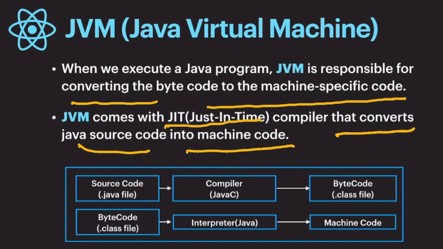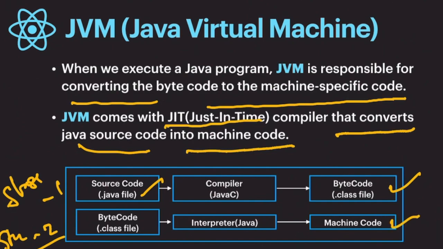So here is the diagram that is showing that the Java source code is the .java file, and the compiler we use in Java is javac, which is the name of the compiler here. So actually the Java program runs in two stages. So this is stage 1. Stage 1 is that the source code, the Java file, and the compiler convert the source code into the bytecode. And in stage 2, the bytecode is the .class file, and the interpreter we use here actually converts the bytecode into the machine code. So here the role of the JVM is actually to convert the bytecode into machine code.